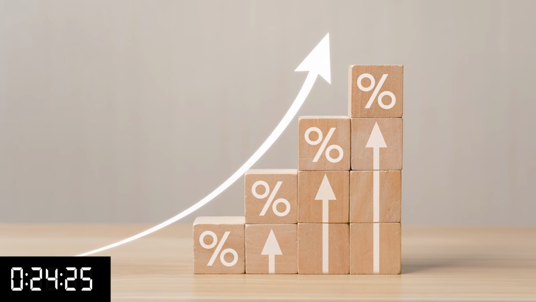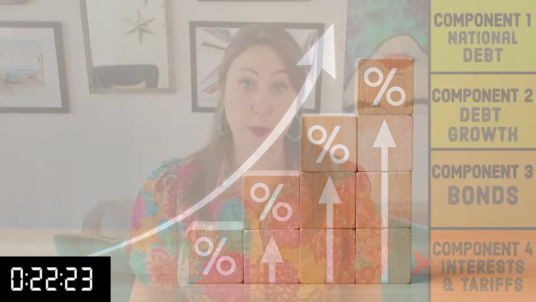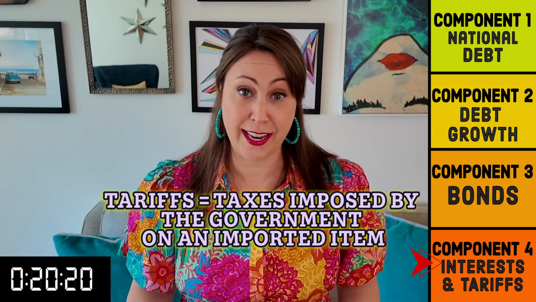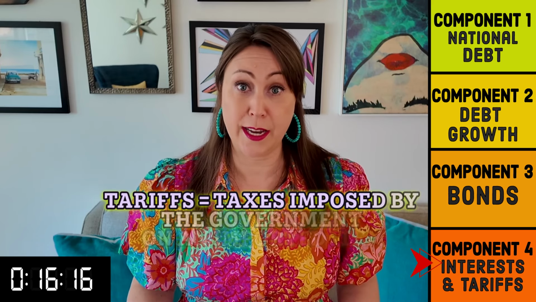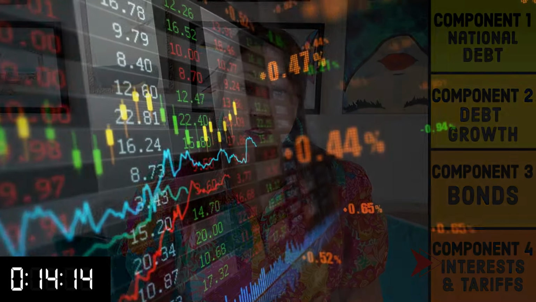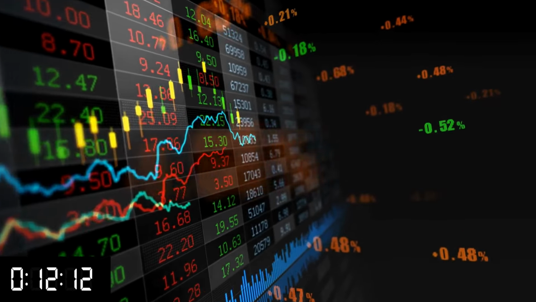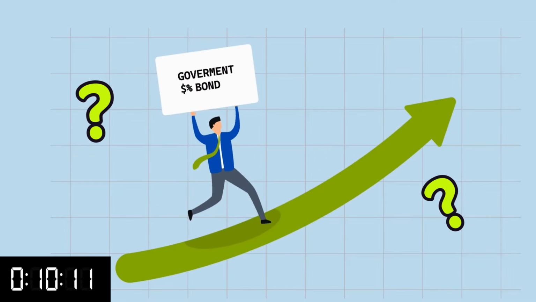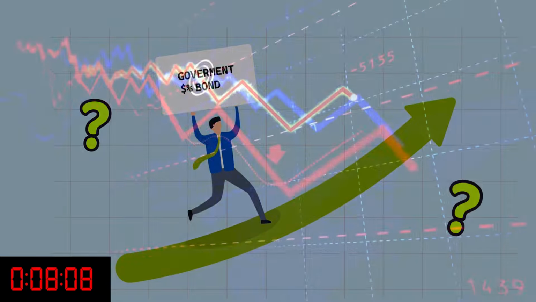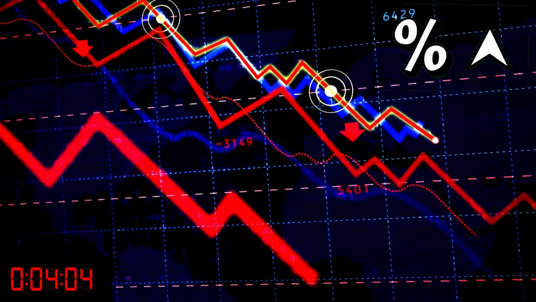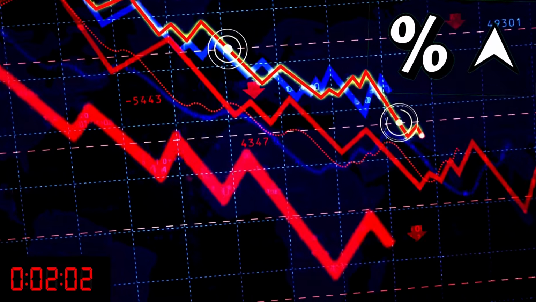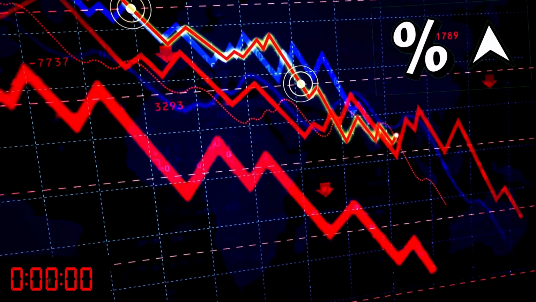But the last thing you want to do is create doubt in your ability to pay back your IOUs, which is similar to what Trump's tariff actions did in April. Tariffs are debated as to whether they help or hurt the economy, so Trump's actions in April shocked investors. Normally, when the market is unstable, people invest in government bonds because they are seen as stable, but here people were questioning the government, so they sold their bonds, which made interest rates go up because people didn't want them, making it more expensive for the government to borrow, which was not the desired effect, and hence why several of these tariffs were quickly changed days later.